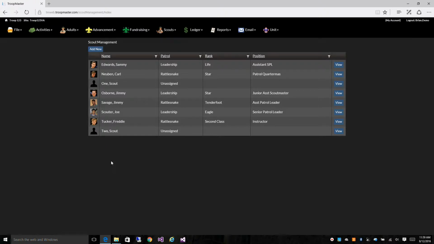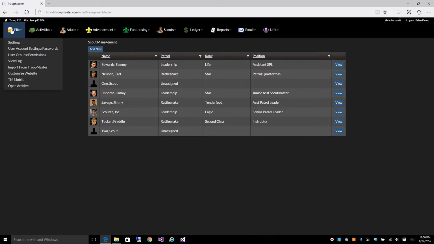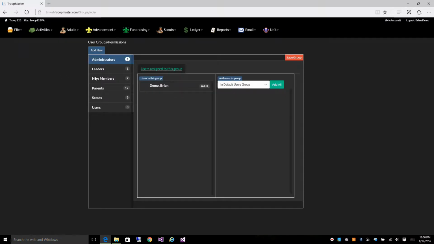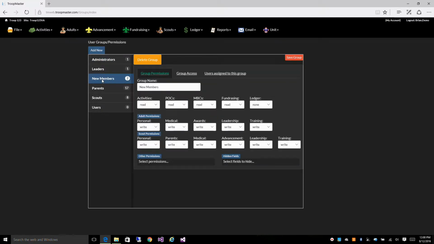Let's go back and take a look at that New Members group just to refresh our memories of how that's set up. Let's go to File, User Groups, Permissions. And click on New Members. And you can see here we gave those scouts write permission for adults, medical, awards, leadership and training, and also write permission to scout